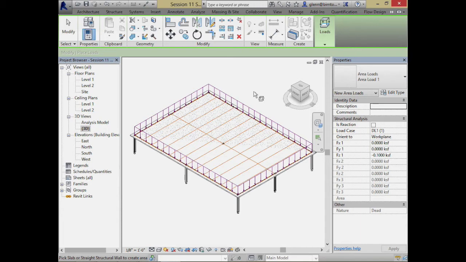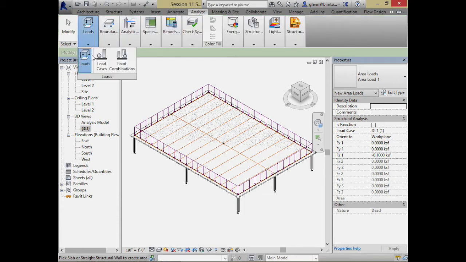Next up, we're going to go ahead and put some live loads on here. I did that very quickly, so let me warn you about that. The analytical model has to be on in order to put the loads in there. If it's turned off right now, you can't just put it on the elements themselves. Okay, so I will go to the Analyze tab again. I will grab another load. Again, we'll go through and put in some sort of a hosted